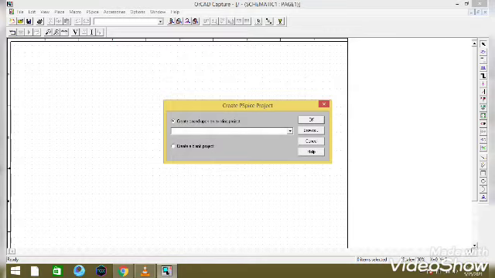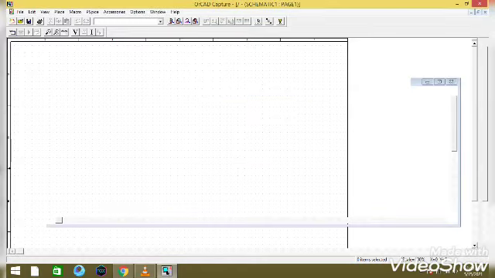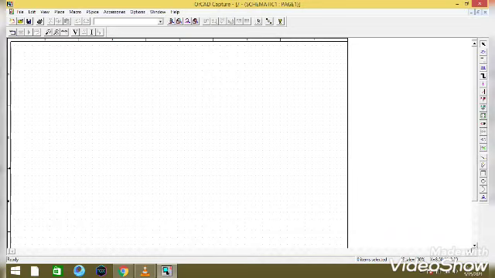Then click OK. In this window, select create a blank project, then click OK. This is the workspace where we will design our circuit and test it.